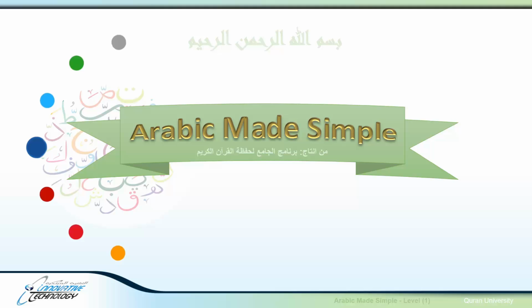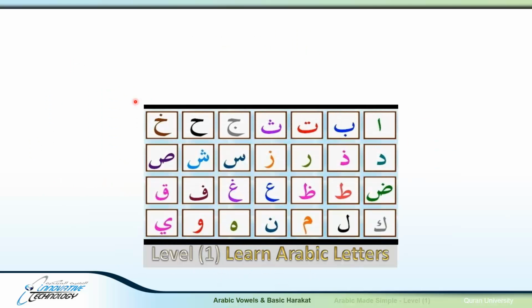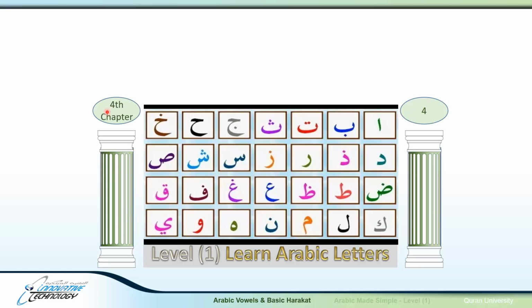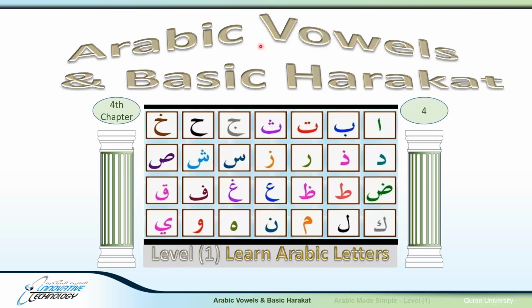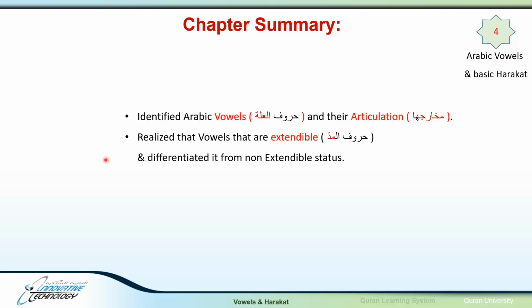Level 1 of this series is on learning Arabic letters. Our fourth chapter of this level is on Arabic vowels and basic harakat. In this chapter, we'll be introduced to the Arabic vowels, huruf al-illa, and their articulation points. Then we're going to realize that these letters that constitute huruf al-illa, the Arabic vowels, the alif, the waw, and